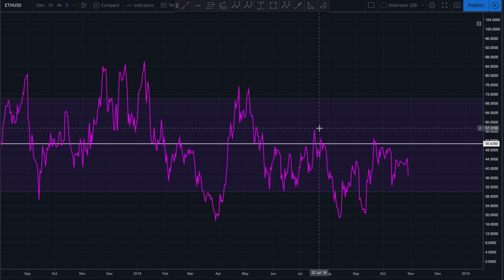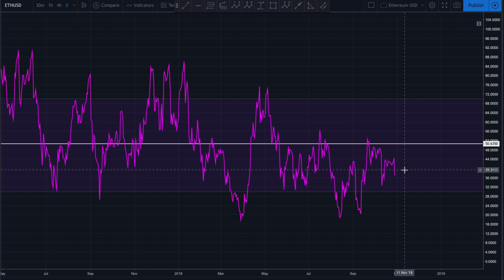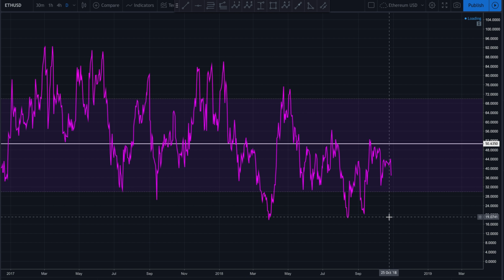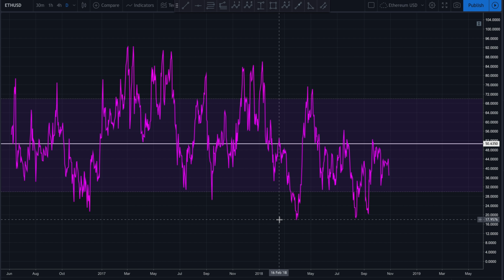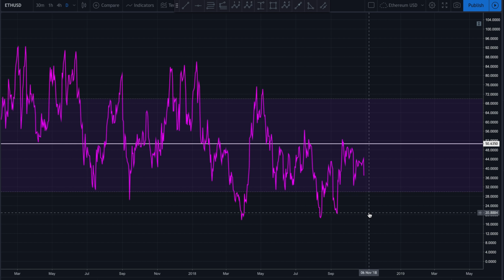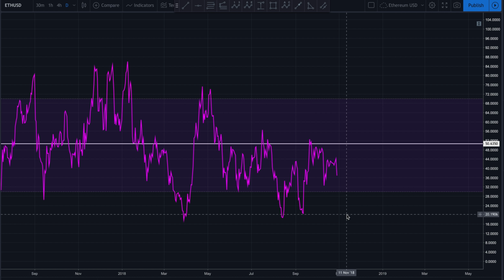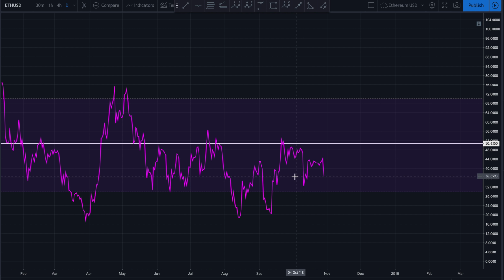And if we come over here and we look at the daily, guys, we can certainly see that we definitely have a little more room to drop. The daily is only sitting at about 36, and we can see that the daily RSI many times has come down much lower than that. As recently as, let's see, all the way back in August, it was sitting at about 18.6, 20 back here. So yeah, the RSI, we definitely have room to drop. Doesn't mean that it's going to, just means that it is there, and you need to be prepared for that, and you need to be positioned for that just in case that does end up happening.